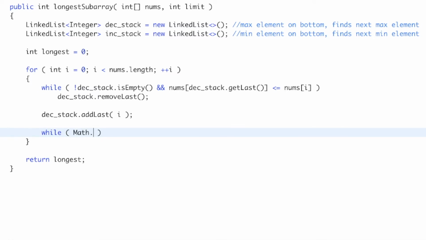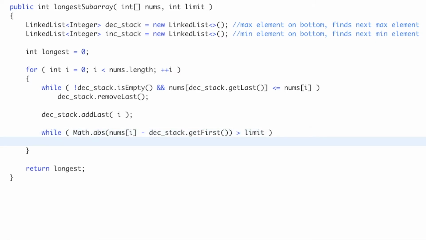So we're looking for the difference: Math.abs of nums i minus decreasingStack.getFirst. Remember, getFirst is the bottom of the stack, and that holds our maximum element. So if the difference between our current value and the maximum value is greater than the limit, then we want to remove that element,